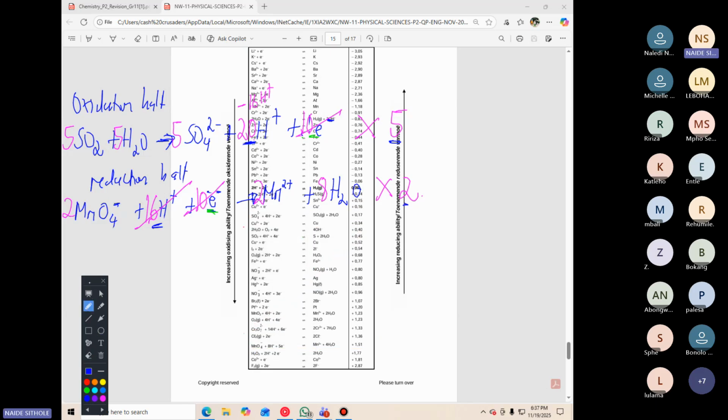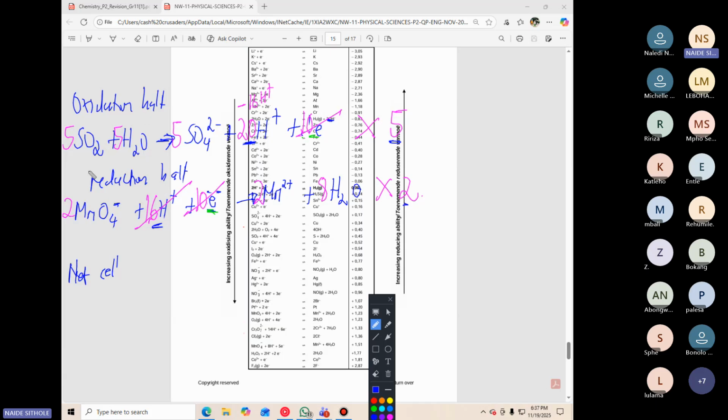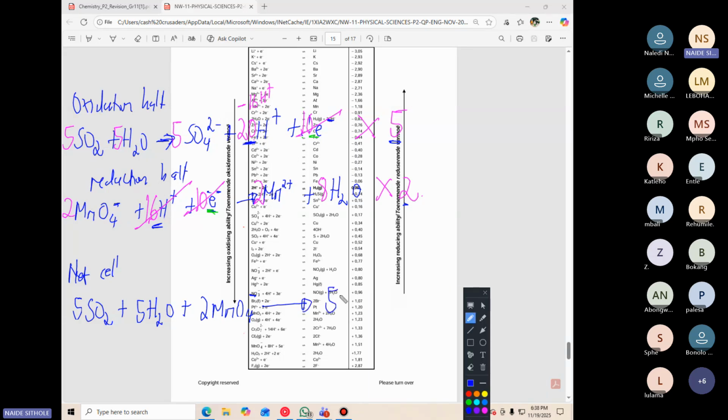And then our net cell will now look like this. So remember with the net cell, I write all of these before the arrow. So this is 5SO2 plus 5H2O plus 2MnO4 minus. So I add up all of these before the arrow, and then I do my arrow, and I add up all of these after the arrow. So starting with 5SO4 2 minus, and then here I'm no longer left with this 20H plus, but